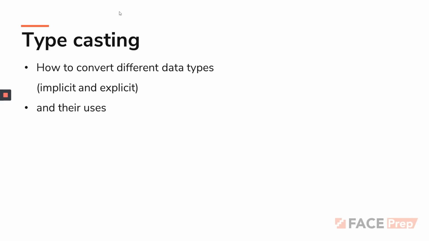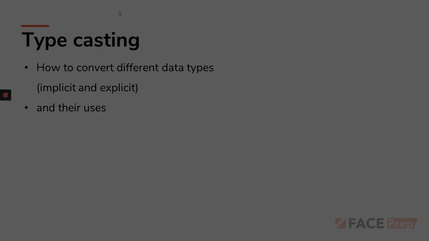So in this video, we'll be seeing two things. Basically, the first one, how there is a conversion happening implicitly, which means by the computer, and how we can explicitly do some conversion, or how to convert certain data types to a certain data type. Okay, so that will be the first one. And the way we can use all these things. So these will be the two things we'll be seeing in this particular video.